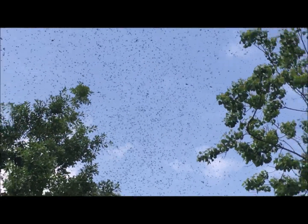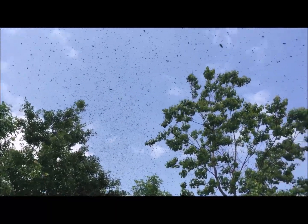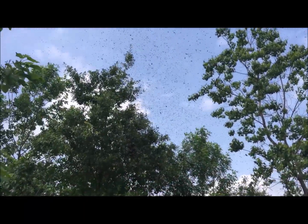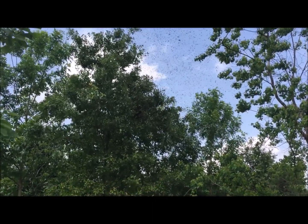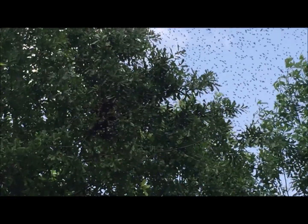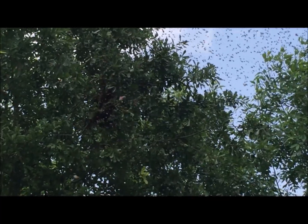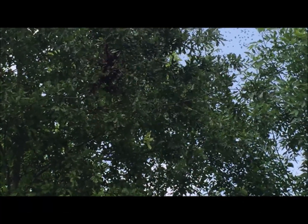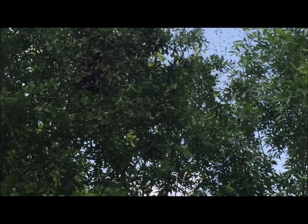Let me zoom out all the way. So they kind of did a whirl around the tree over there, but they all drifted back that way, and now they're clustering on a branch right there in the middle. Let's see if you can see it. That's where the swarm's gonna land for now, and I'm gonna go up there with the bucket on a pole and try and